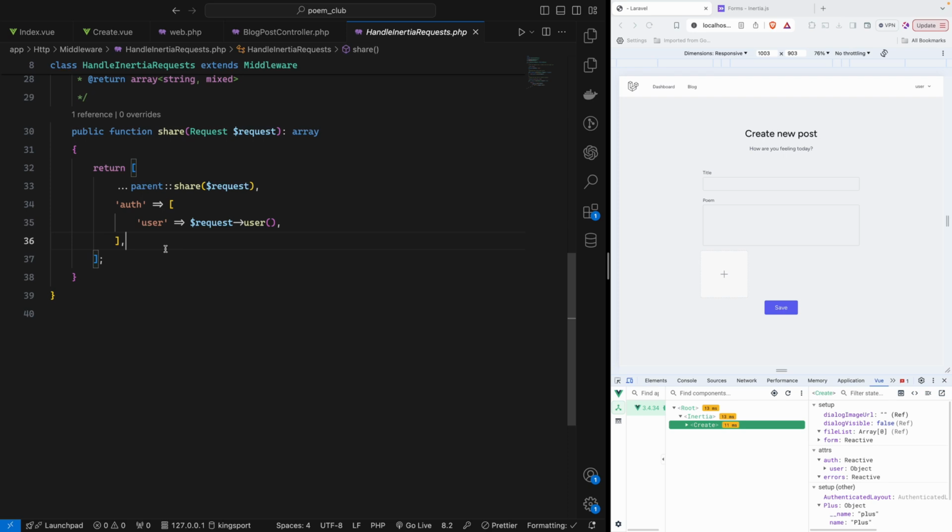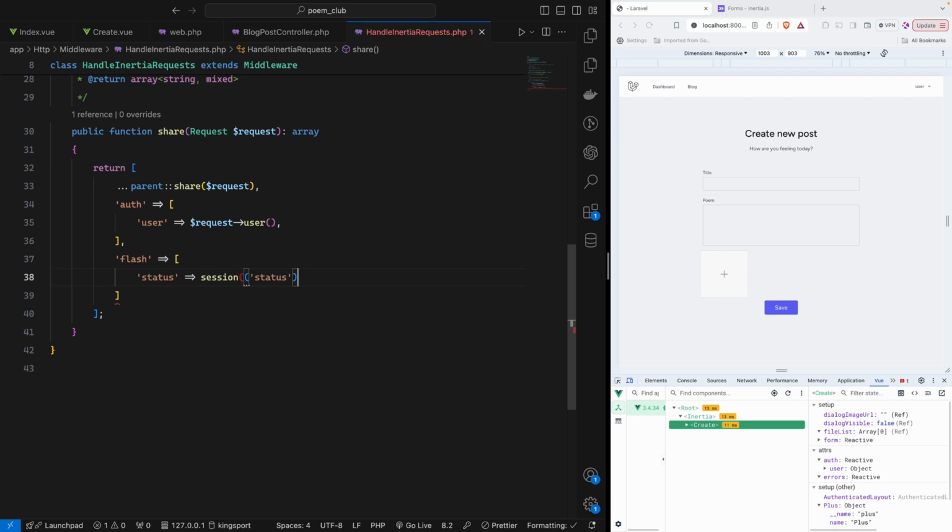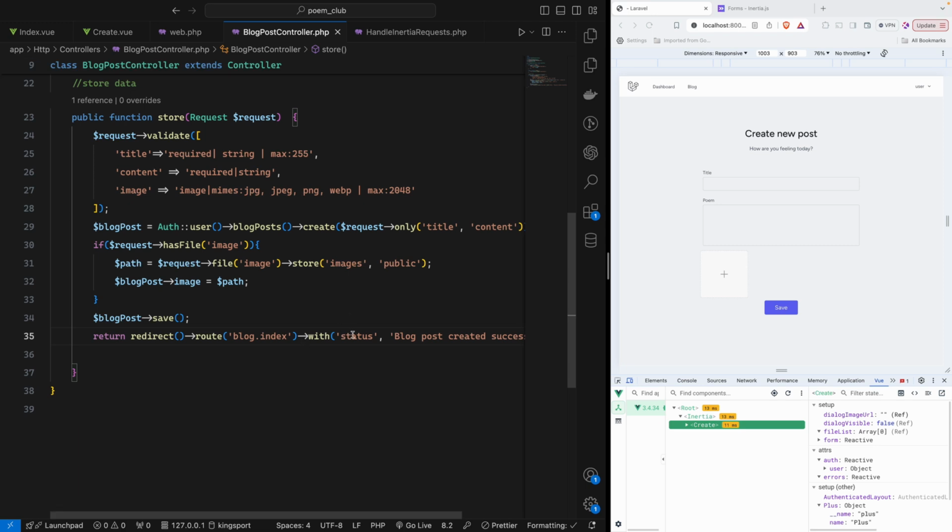So inside it, you should have another one called flash. That flash messages will hold the state. That state has session and status. Oh, we don't need two. We only need one. Okay. So that state is sent from this one, with this state name. So perfect. And let me